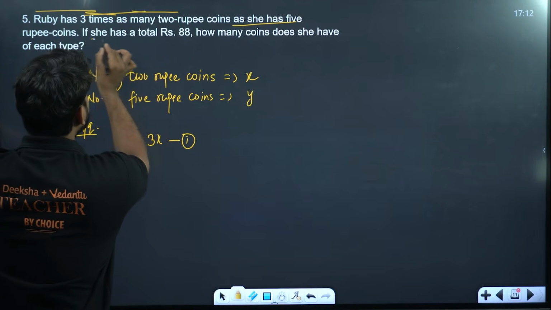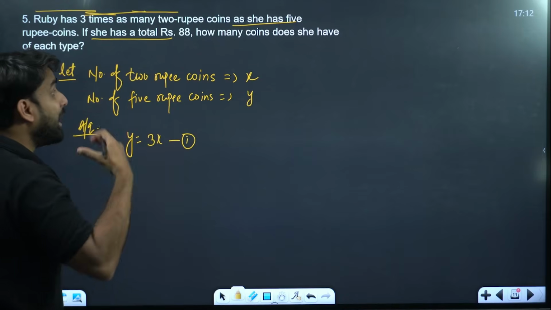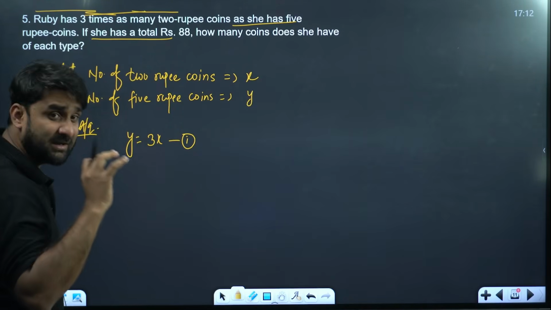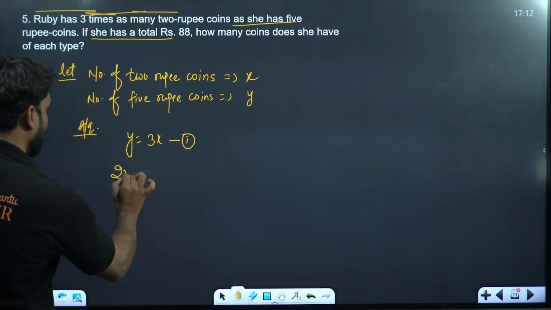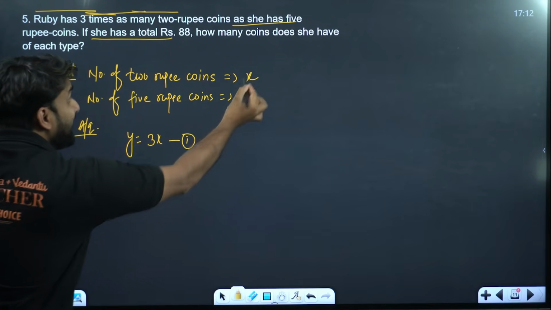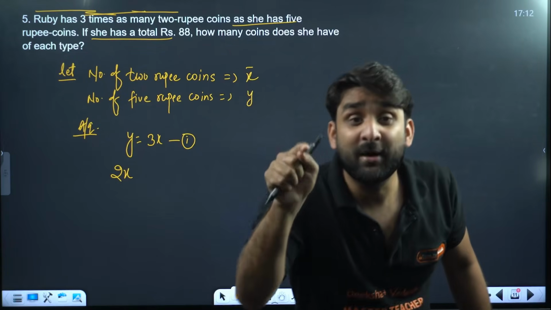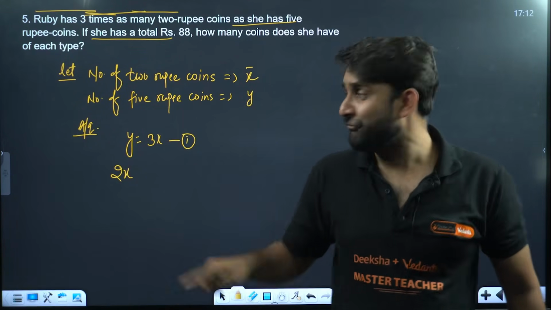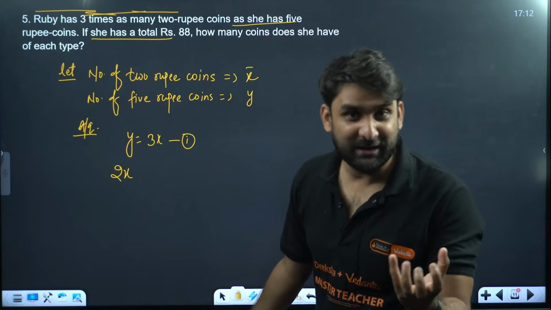Now if she has a total of rupees 88, and how many 2 rupees coins she has? X. So what will be the total rupees? So 2 into x. Why? Because x is the number of coins. So if we multiply x by 2, this will be the total value of money of 2 rupees coins,